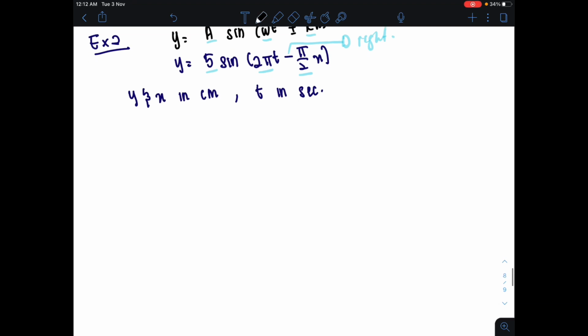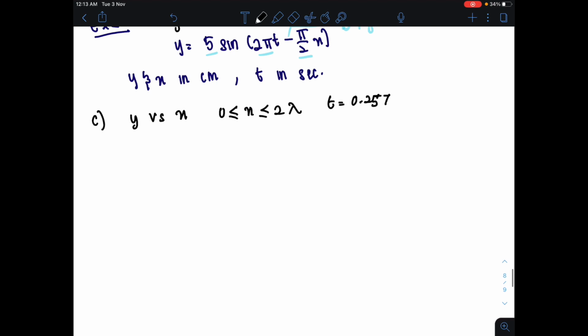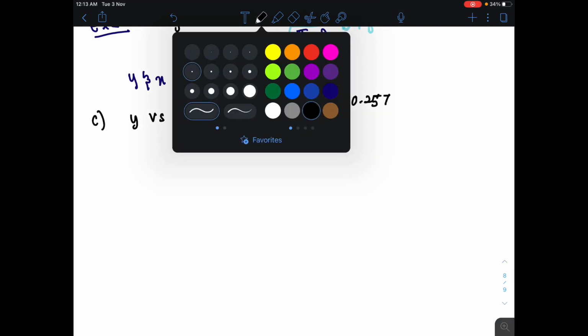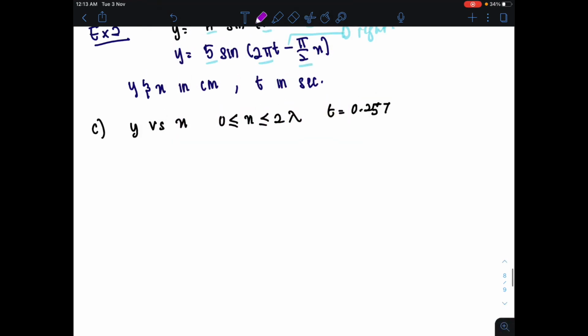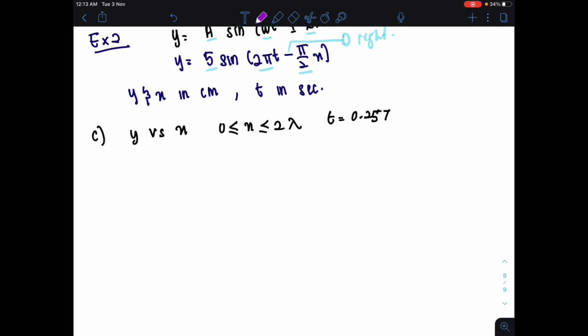Saya nak ajak kamu melukis, so saya nak pilih contoh dekat sini, iaitu contoh soalan C. Untuk contoh soalan C, dia suruh sketch displacement versus distance, maksudnya Y versus X graph for the range of 0 less than equals to x less than equals to 2 pi, given that your T is equals to 0.25 period. Okay? Alright. Apa yang akan jadi dekat sini adalah, sebelum kita start lukis, kalau kamu perasan dekat soalan A